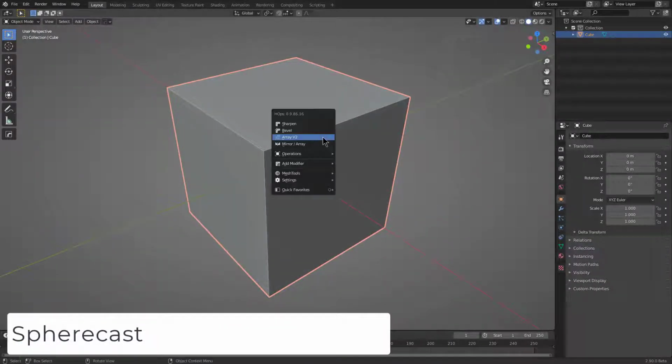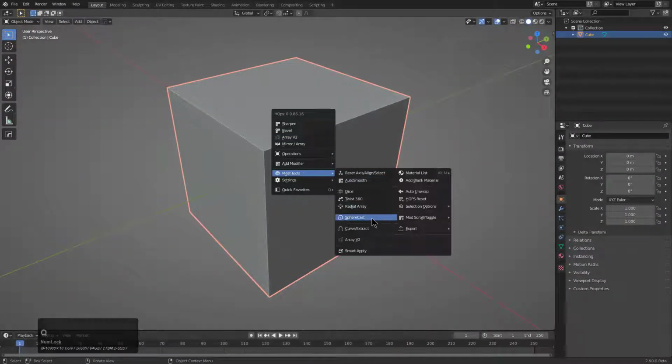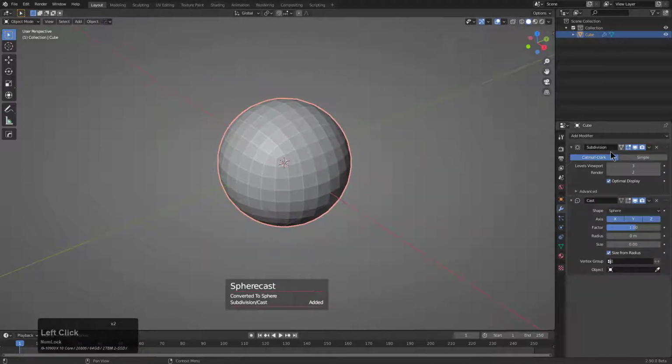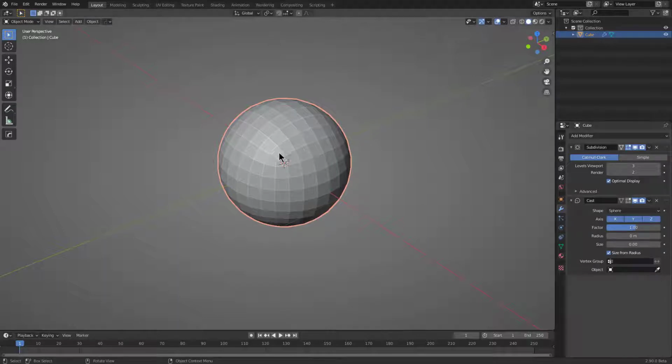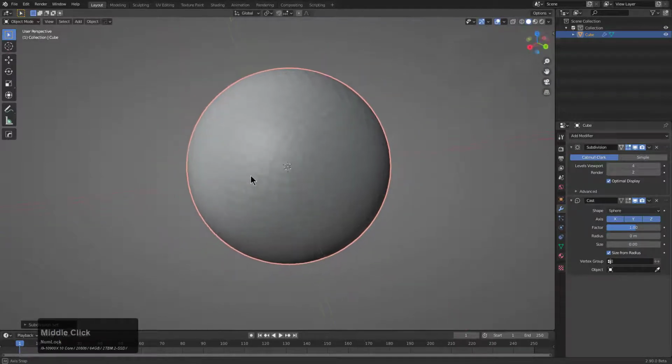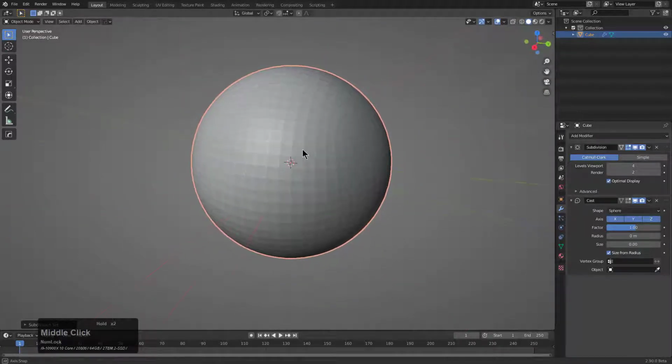Spherecast has one use. It is under Mesh Tools, and its goal is to just turn cubes into a sphere. It does this by putting a subdivision on it and then putting a cast on it with a factor of 1. That's all there is to it, but in many demos I find myself starting off with a sphere. So sometimes I like being able to add a subdivision and seeing it being kept completely as a sphere